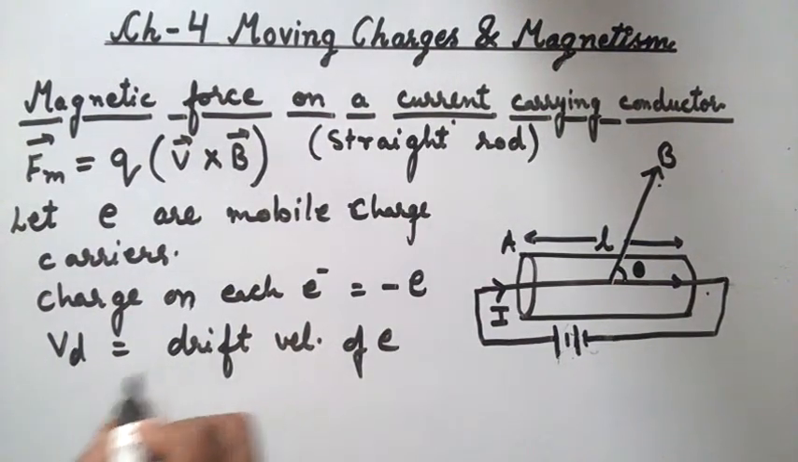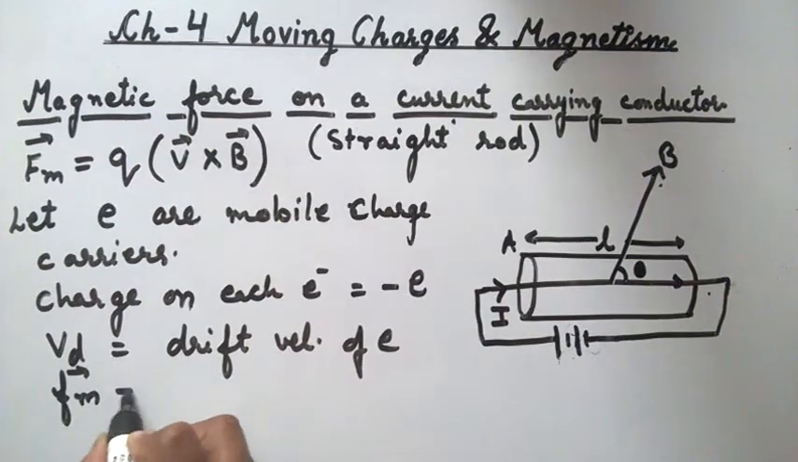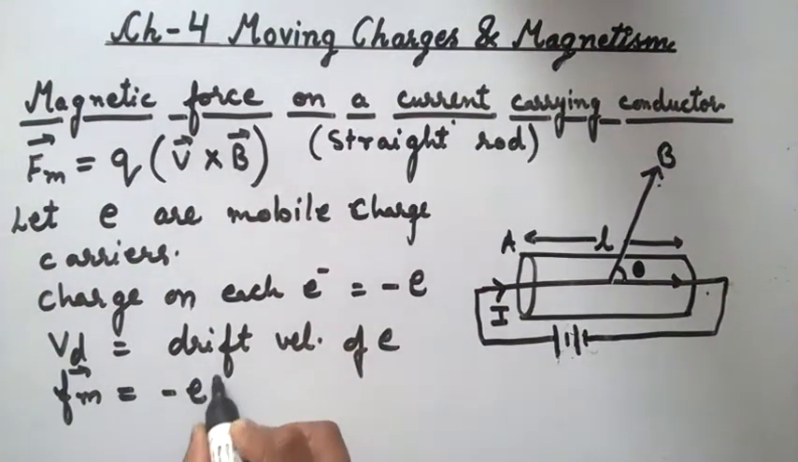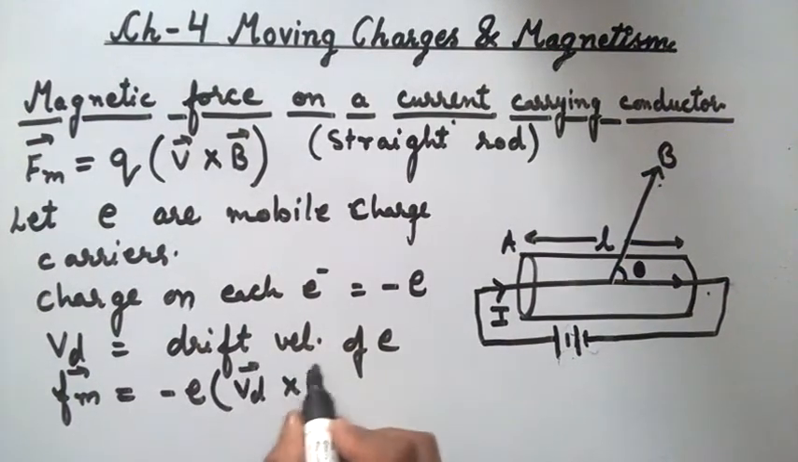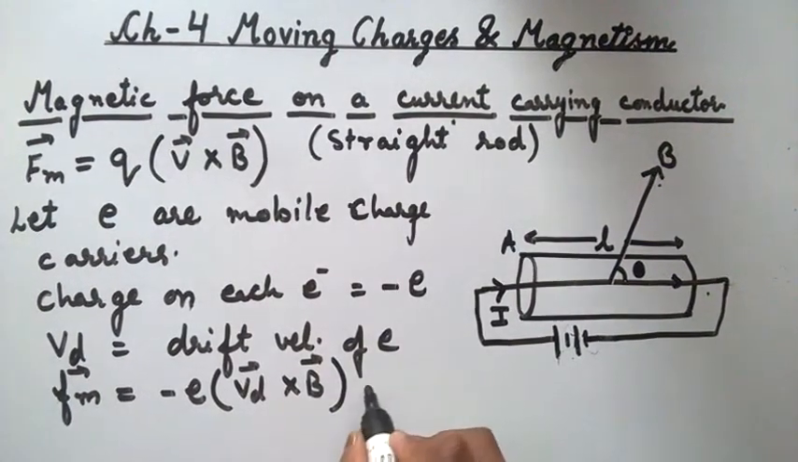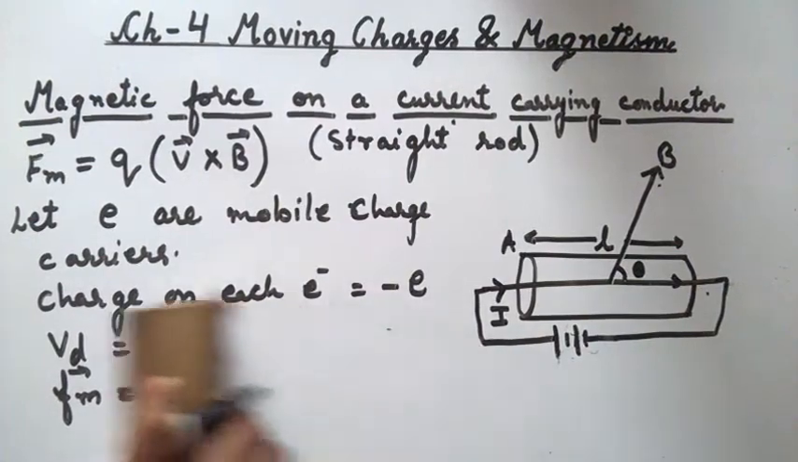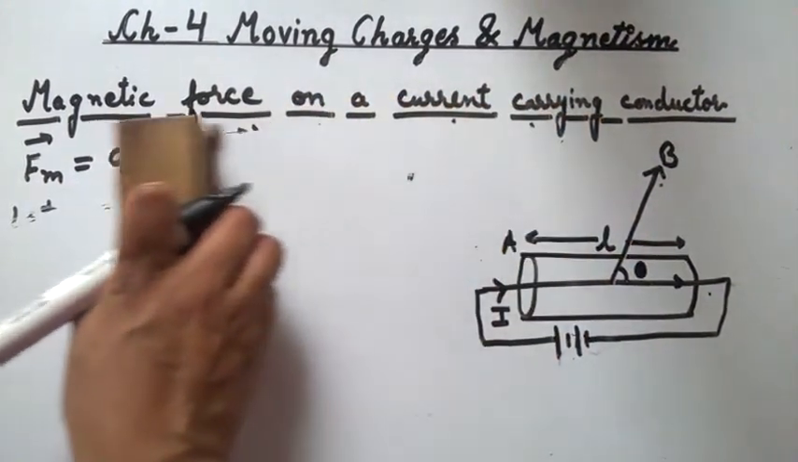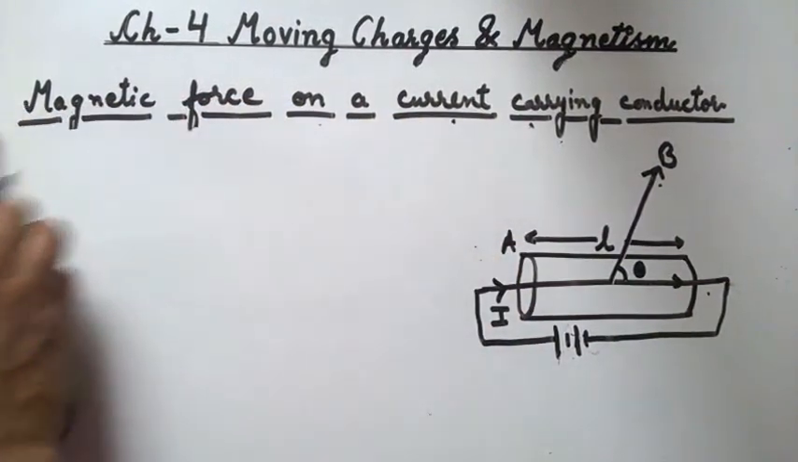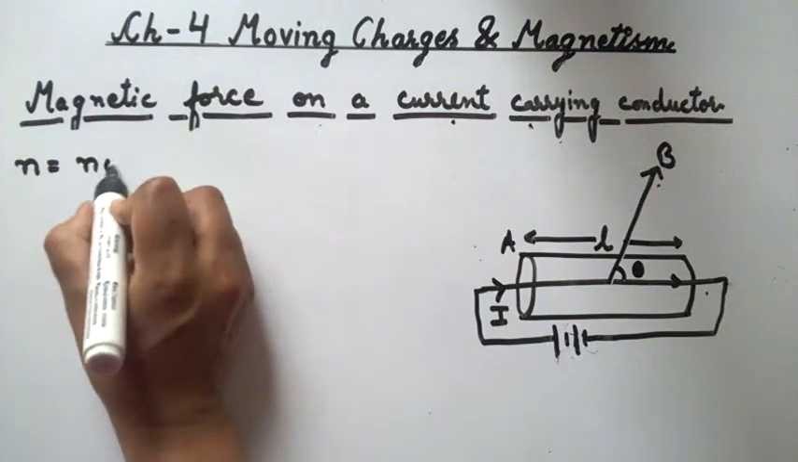Thus, the magnetic force experienced by each electron is given as minus e Vd cross B vector. Now, if small n is the number density of electrons